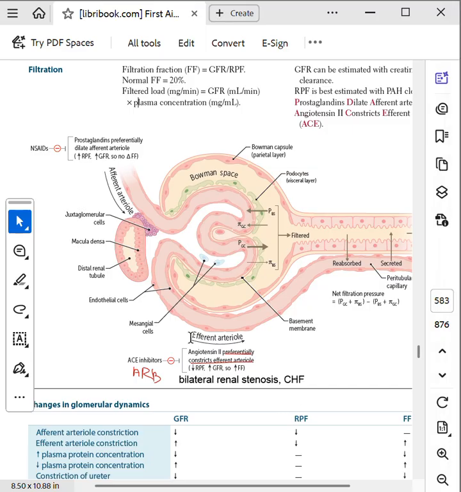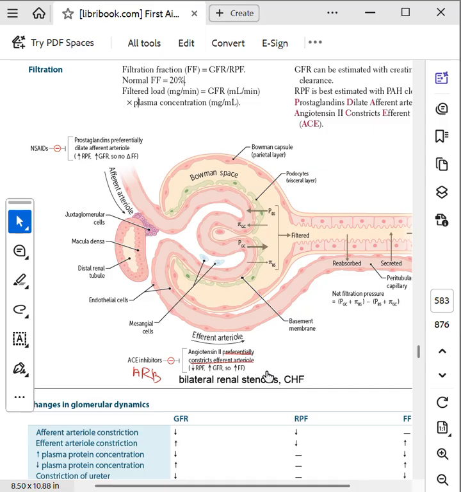Another thing that you should know is that the plasma leaving the efferent arteriole is the unfiltered plasma that did not get filtered and went away, right? Of the plasma, 80% is unfiltered and 20% is filtered; that 20% is the filtration fraction. The filtered plasma goes and becomes the urine, right? The other plasma that's leaving the efferent arteriole goes on to the peritubular capillaries.